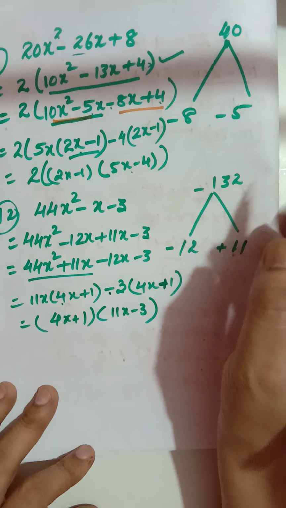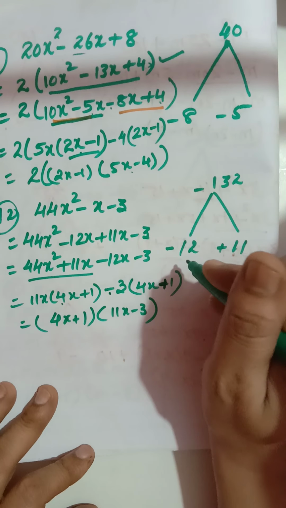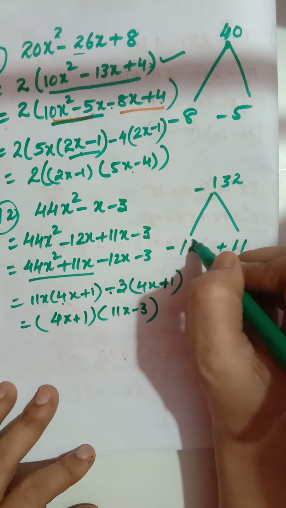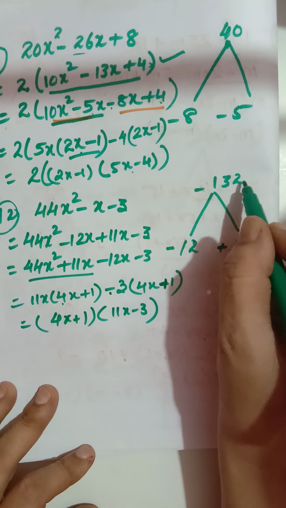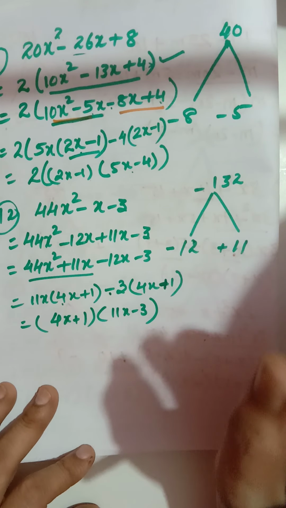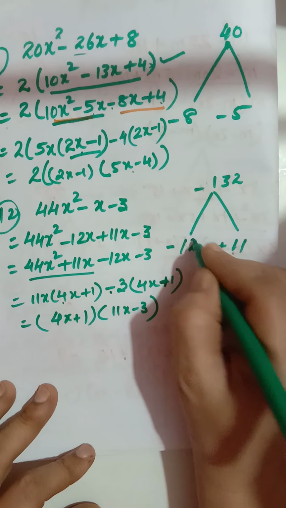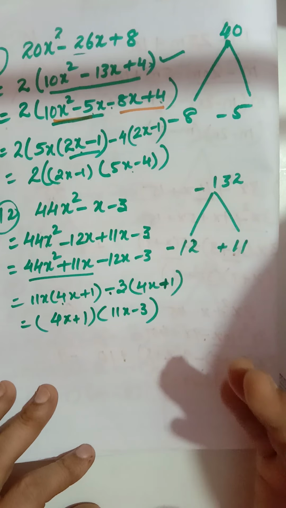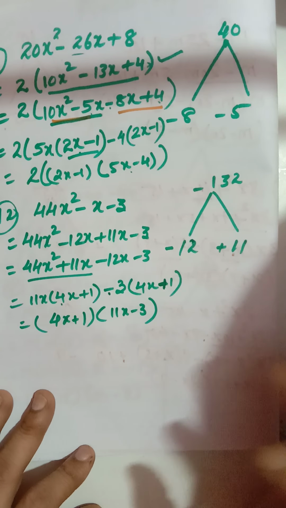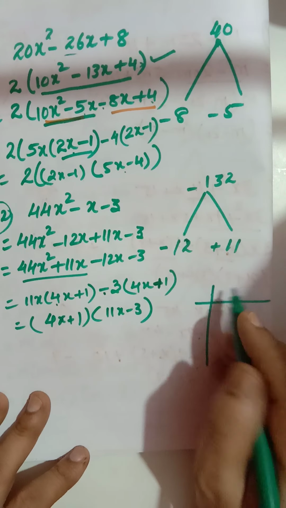Now sometimes you have a bigger number, like 132. To click in the exam what the factors of 132 will be, 12 and 11, right? But sometimes in the exam it is not clicking what the factors will be, and suddenly you end up wasting time. So it is better to use the method we have learned, the prime factorization method, right?